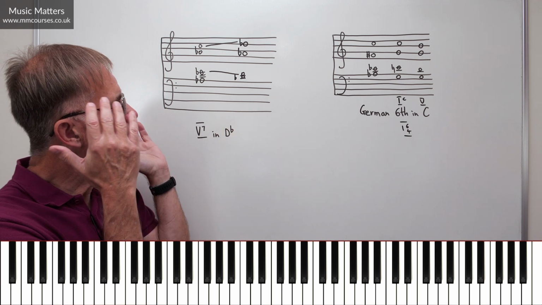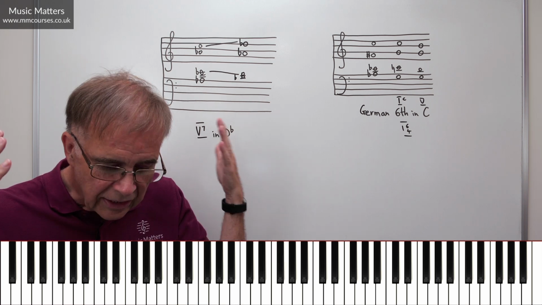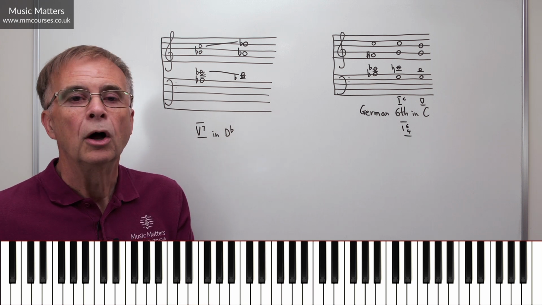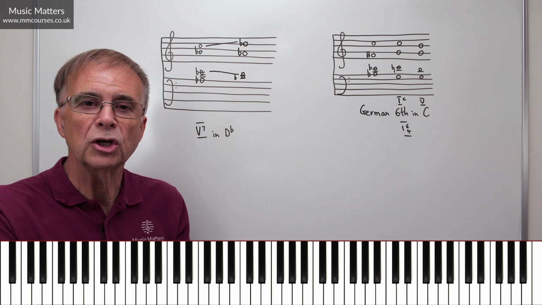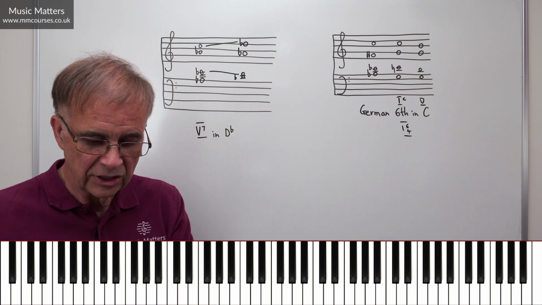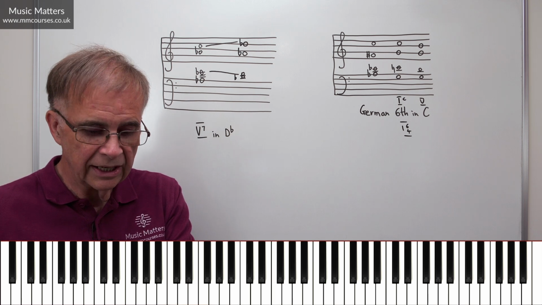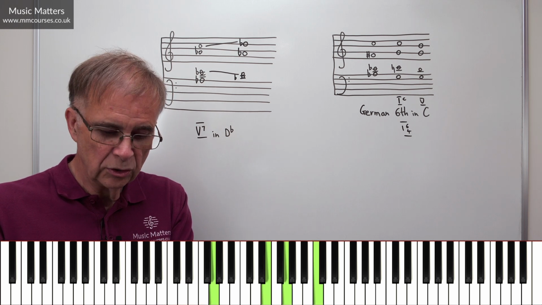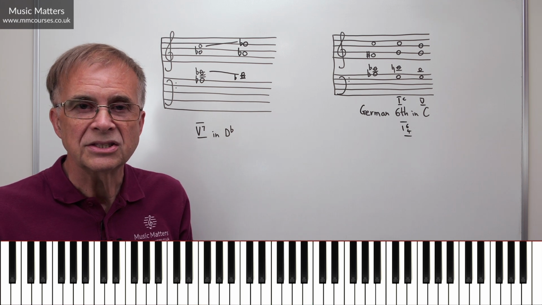So you can see that even though you start by listening to a chord that sounds exactly the same, when you hear that chord in no context at all, you don't know if that's a 5-7 in D flat major or a German 6 in C. But how they resolve and how they function within the context of the music matters hugely and takes them in a very different direction. So dominant 7th in D flat goes on to a tonic chord, in this case in D flat, whereas that German 6 in C major goes on to a chord 1, a tonic chord in second inversion, followed by a dominant chord, a chord 5, and then carries on in C major.